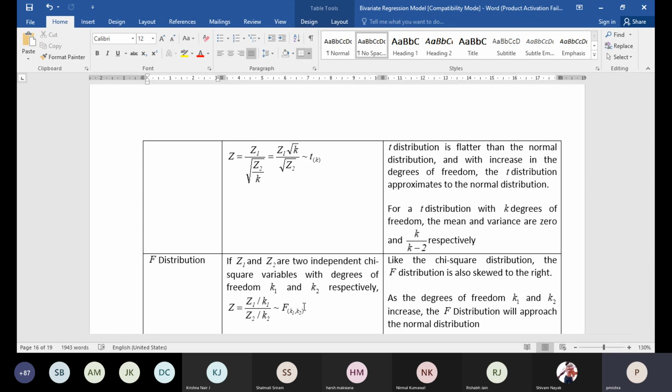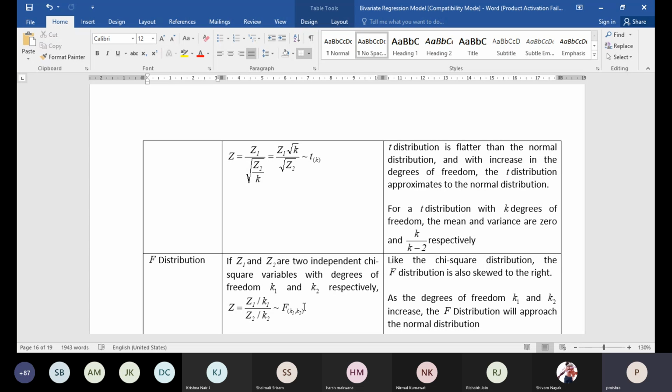And that is why I told in one of the classes that normal distribution of the random disturbance term is very, very important, particularly for testing of hypothesis. If ui is normally distributed, then alpha hat and beta hat will be normally distributed. Then from there we'll get standard normal variate. From there we'll get chi-square distribution and we'll compute the respective test statistics. This is point number 1.